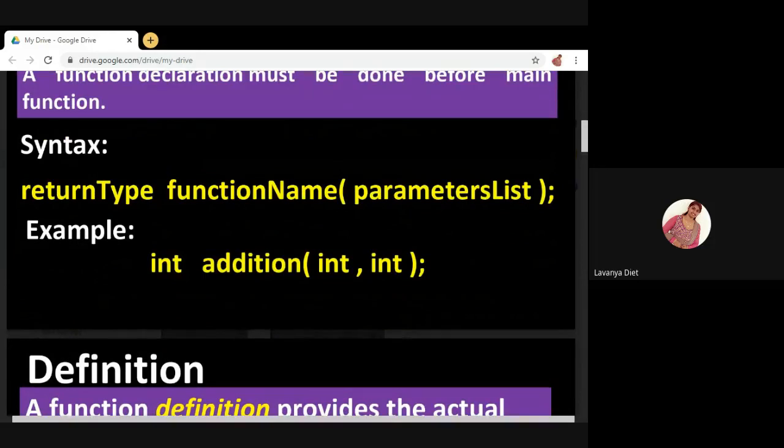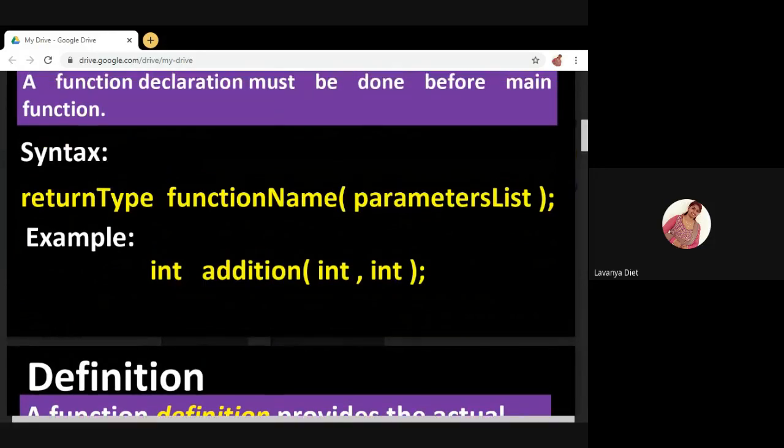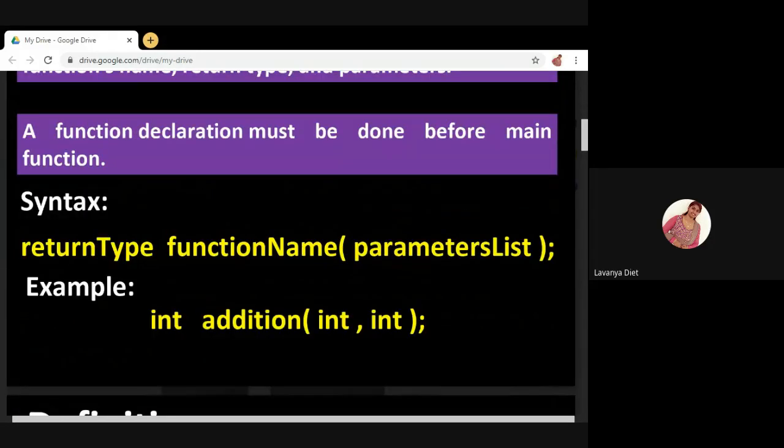If a function is not returning any value, then in the place of the return type, here in the place of int, you must specify void. Void means the function is returning nothing. If a function is returning an integer value, you must specify int space function name.